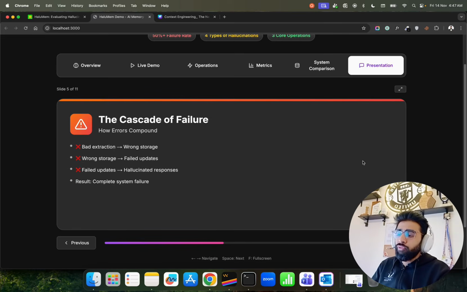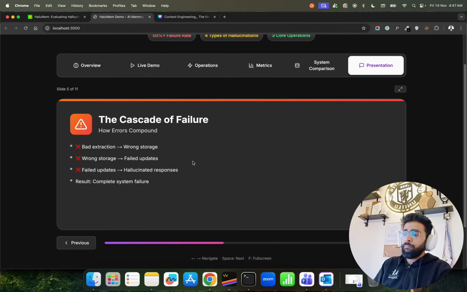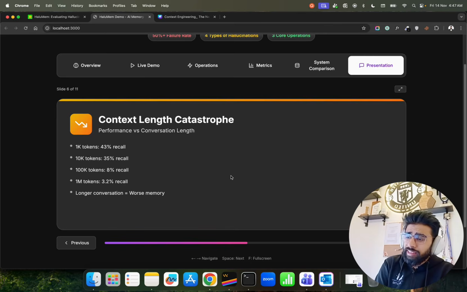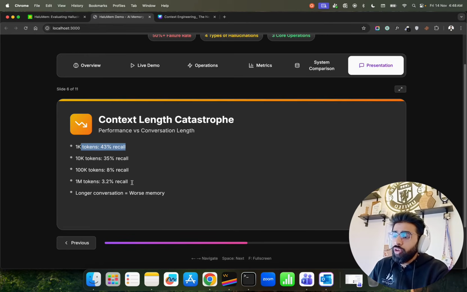Now the cascade of failure, like how error compounds: bad extraction, wrong storage, failed updates, hallucinated responses. So this is a path from bad to hallucinations, right? Then context length. I know I talked about it. If you keep on getting higher context, your recall in the memory really comes down. If you look at 1K tokens, 43% recall; 1 million tokens, 3.2% recall. The longer the conversation, the worse the memory, and this is completely